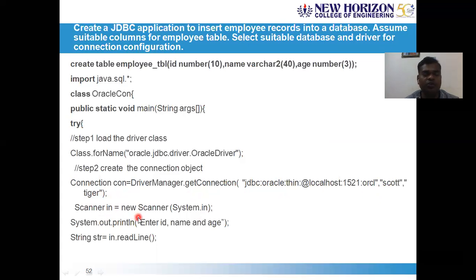And after that, I'm trying to read the data from the user. Scanner in is equal to new Scanner of System.in. System.in is an object which refers to the alias for your input device. From the input device, we try to read the data. So first I'll get the scanner object. So our job is to read the data from the user. Then you assign to your prepared statement that you are going to create in the next slide. After that, str = in.readLine. So in is your keyboard alias, dot readLine. So read a line of data from the user and assign to str.